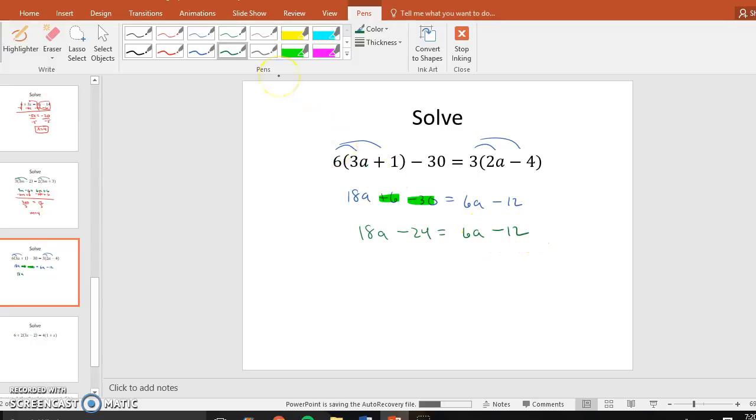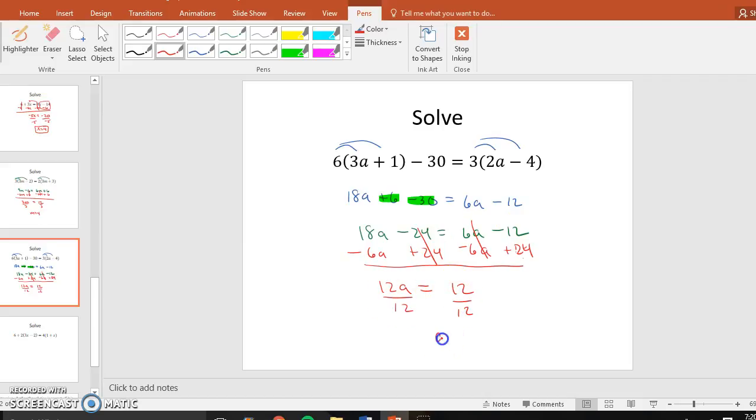Remember, since they're on the same side, you simplify the way you see them. So now variables to the left, so subtract 6a, add the 24. That would give me 12a is equal to negative 12 plus 24 is 12, and divide by 12, and a is equal to 1. Okay,